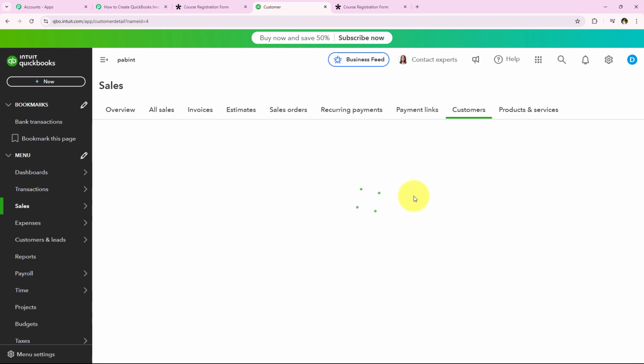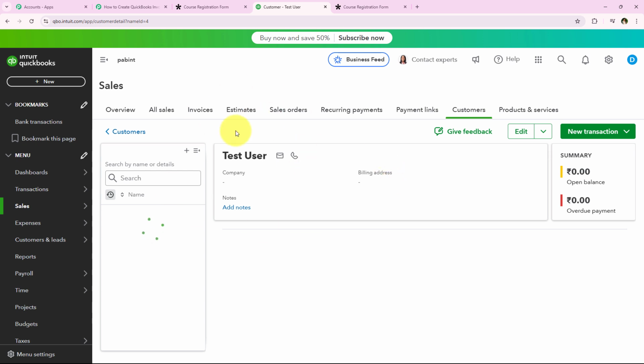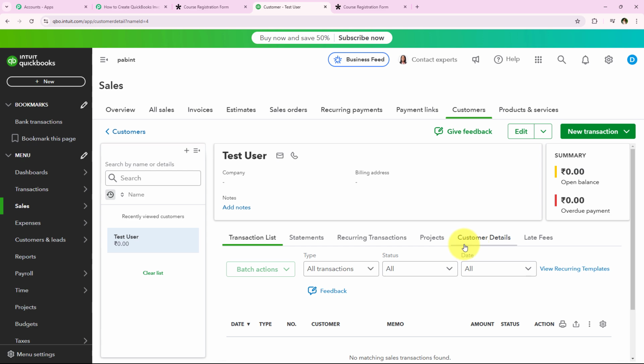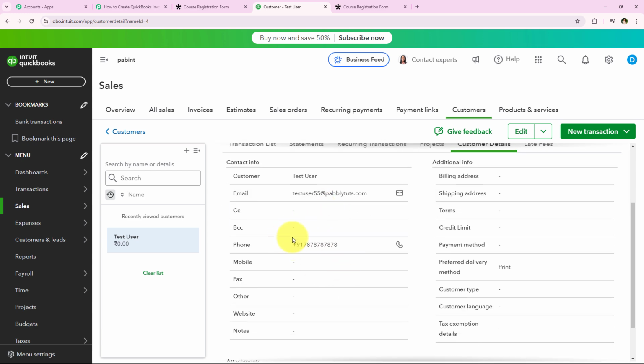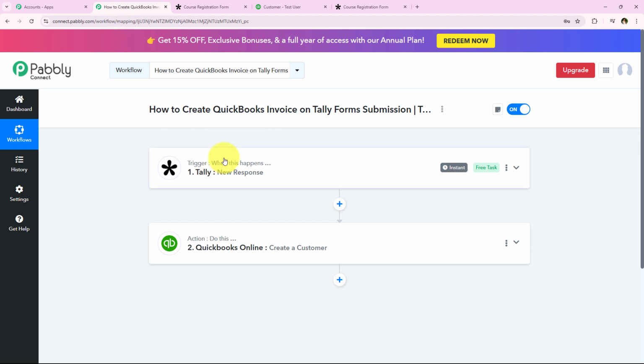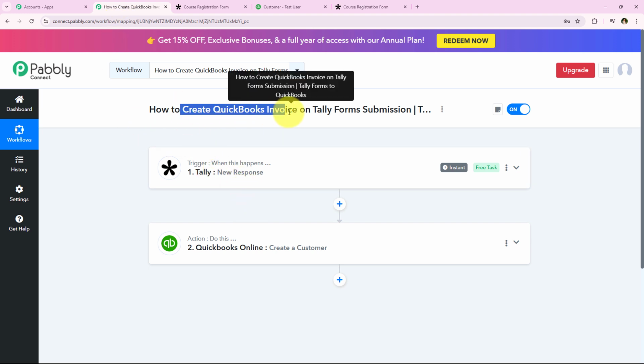I'm just going to show all the details. Over here you can see the name, which was test user. Over here you can see all the details of the customer. Alright, you can see the email which we entered. Over here you can see the phone number which we entered. So yes, with this we have successfully created a customer, and now I want to create a QuickBooks invoice for